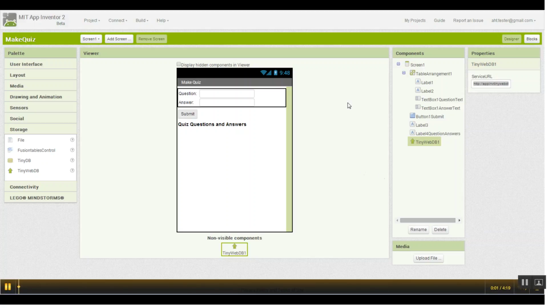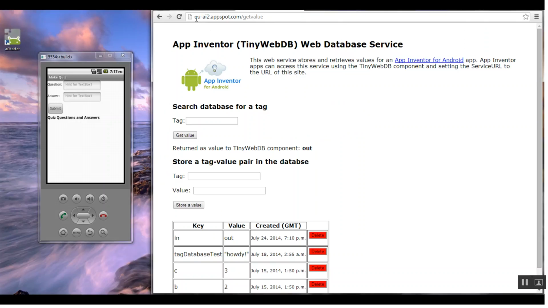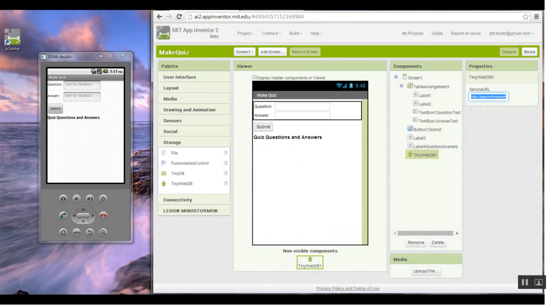All right, class. So we are using the TinyWebDB component down here, and as you can see, it's got the App Inventor default URL for their service. Since I've created one for us, and you can see it here, which is uu-ai2.appspot.com, I'm going to copy everything up to the .com, okay? So, uu-ai2.appspot.com. I'm going to copy it, and then I go back to App Inventor, and in here, it's HTTP, and